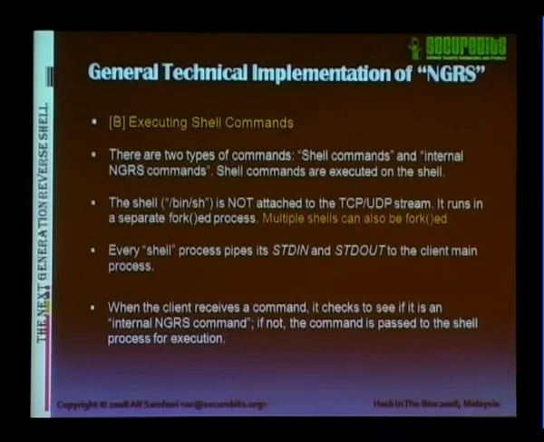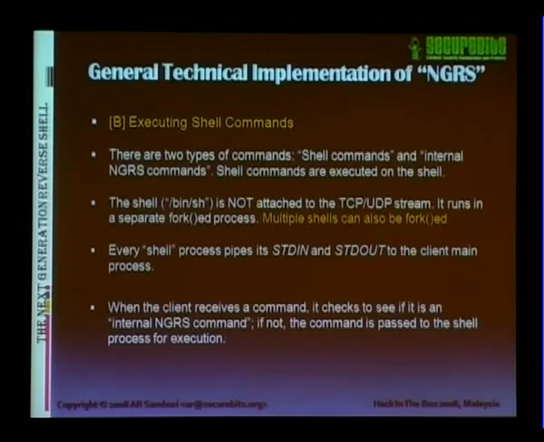However, the way we implement it here with the next generation reverse shell is we have the shell process running separately on the client. It's actually forked on the client, and then it pipes its standard input and output to the main process. Now, this enables us to check every command coming from the server or the user to the client. So the client process, the main process, can check this command before it passes the command to the shell process